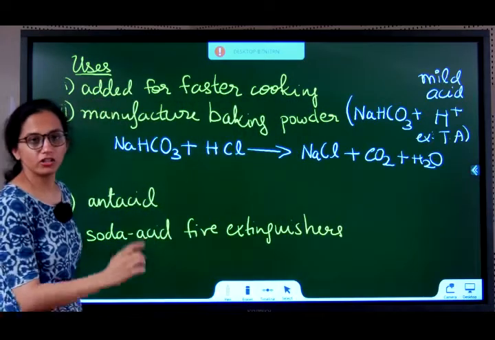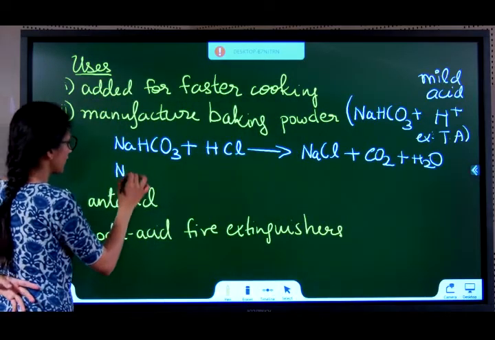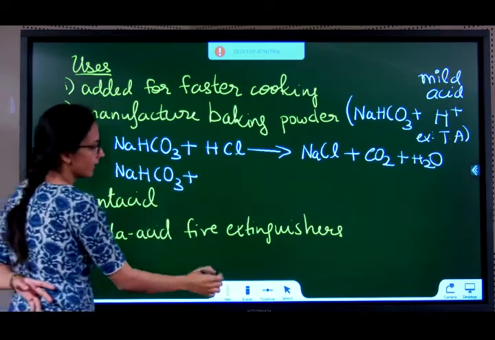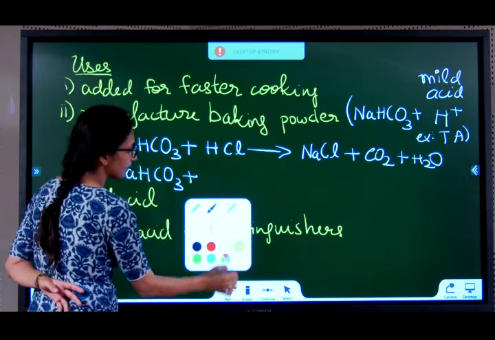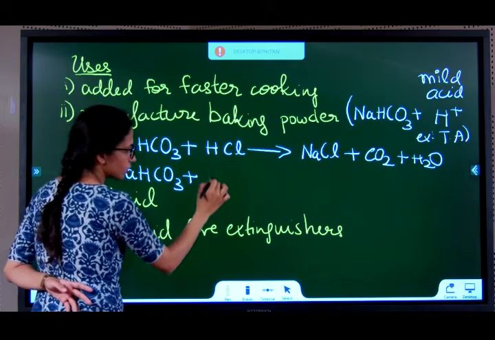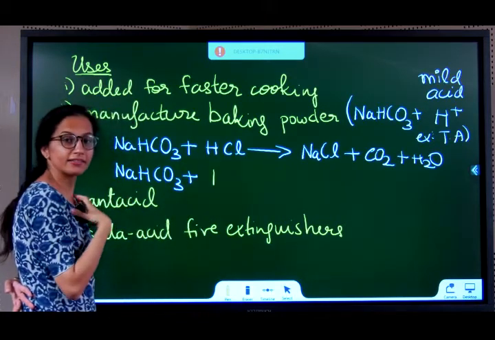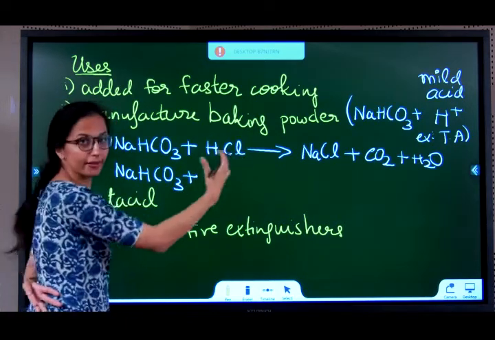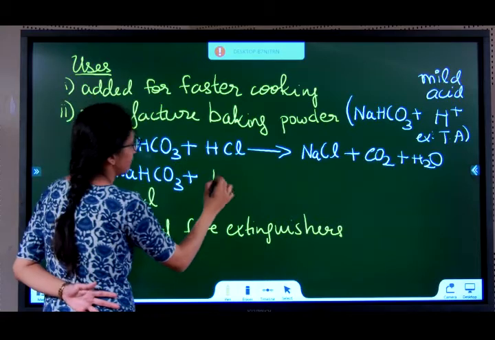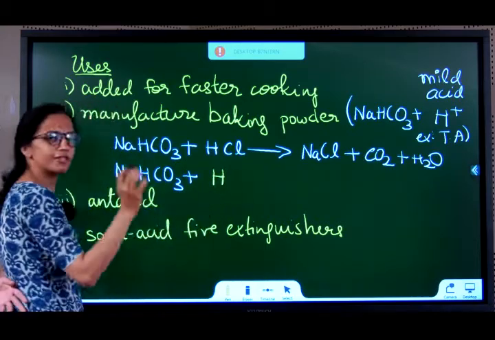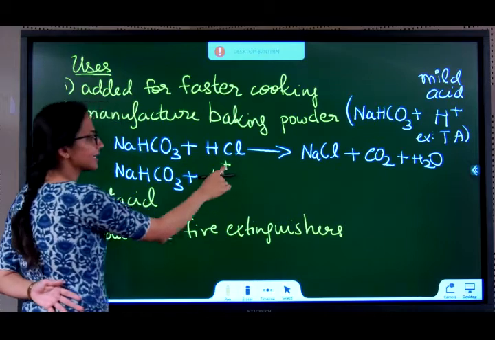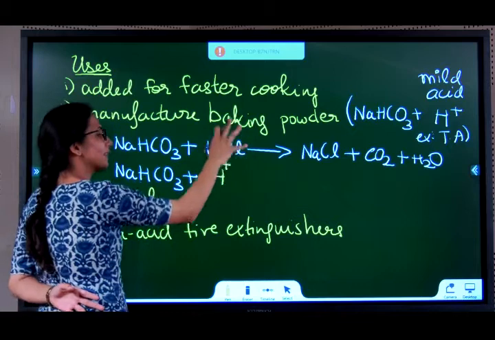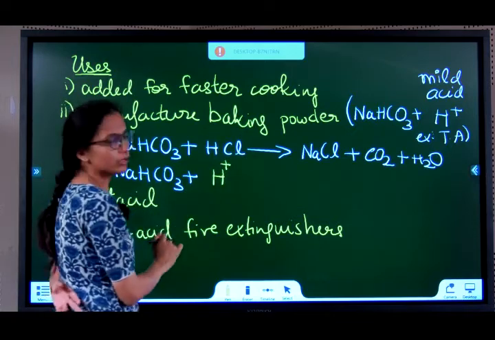Now in this particular reaction, we have sodium hydrogen carbonate, but with sodium hydrogen carbonate, we have only tartaric acid, not HCl. So we can't eat HCl in our food. The acid we use in our food for baking bread, cakes, etc. is tartaric acid. So for simplicity's sake, I will represent it as H plus. The Cl minus we will not write, okay? Instead of Cl minus, some other compound will come. So H plus denotes the acid.